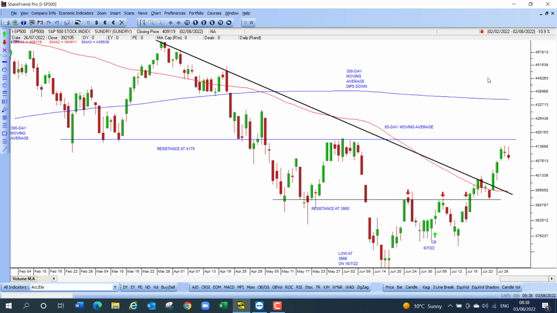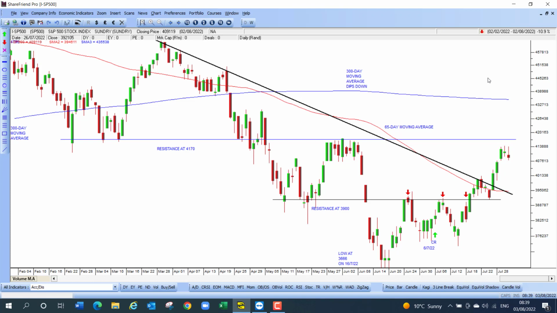That started a little while ago, and that, of course, was caused by the Federal Reserve Bank in America raising interest rates aggressively. What has happened is that the euro has weakened to close to parity. It's gone from 81 euro cents to the US dollar in June, and it's now at about 98 cents to the US dollar. So it's nearly at parity. There's been a massive move of money into US assets and away from emerging markets, and obviously also from Europe. This is partly due to the war in Ukraine, but mainly due to the fact that US T-bills, Treasury bills, are regarded as a safe investment.